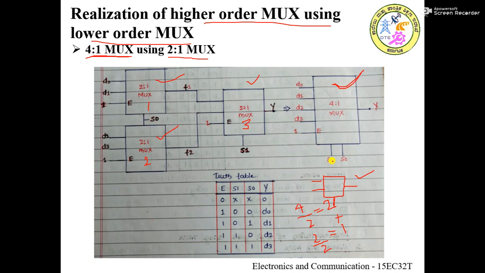how to designate the select lines here, meaning which one should be given as S0 and which one as S1. Since the first two 2:1 muxes are written one after the another, they share a common select line. And we have a separate one more 2:1 mux and it has got its own select line here.